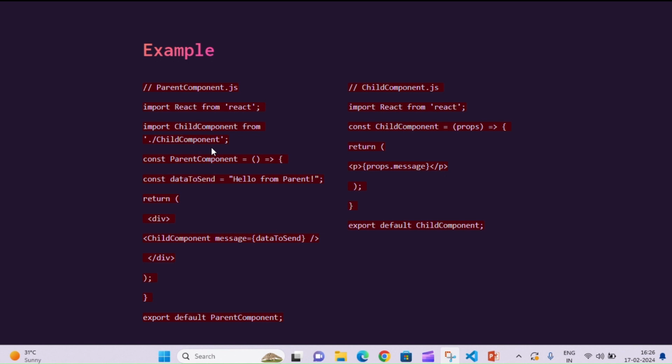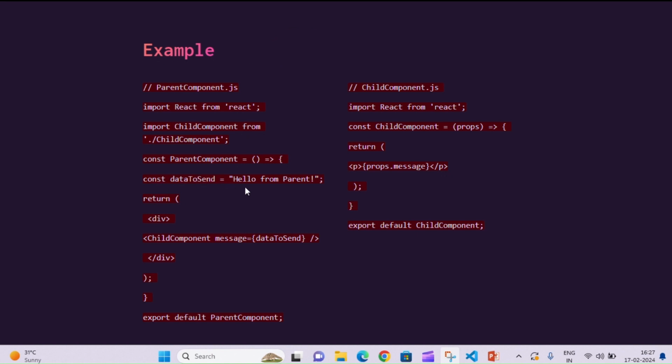This assumes that ChildComponent.js is in the same directory as ParentComponent.js. Here we declare a function component named ParentComponent. The component does not take any props.